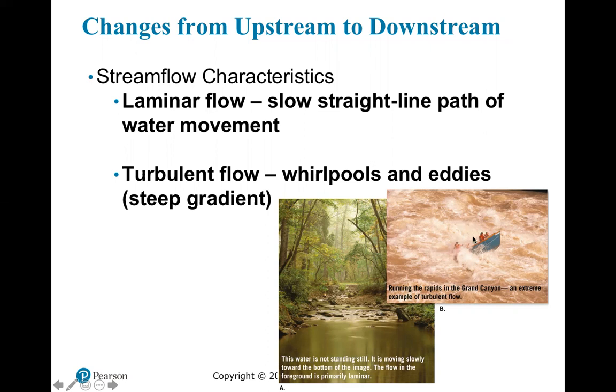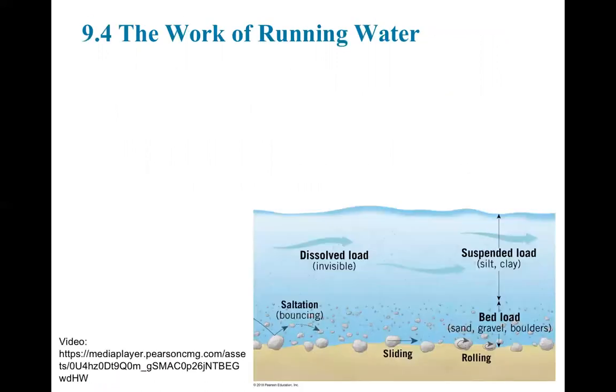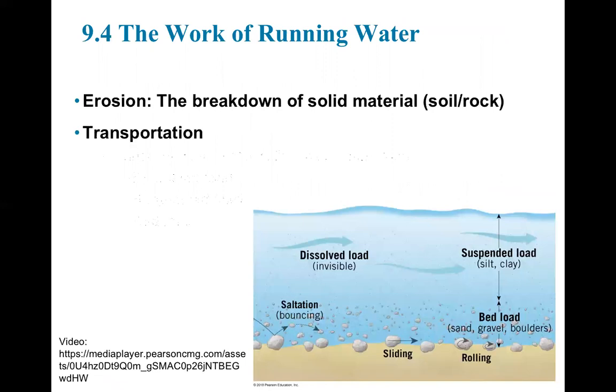And of course, this is crazy. This is Grand Canyon, turbulent flow. That's an extreme example. So you can get a sense for the differences in the ways rivers can flow, generally speaking. All right, so then we'll talk about